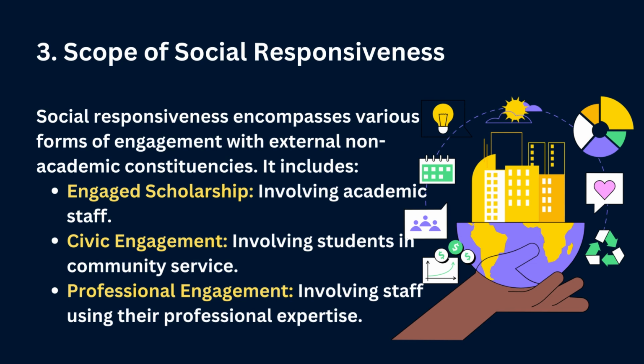Social responsiveness encompasses a range of ways in which schools engage with external groups or communities outside the traditional academic sphere. These forms of engagement include engaged scholarship, which involves the active participation of faculty members in activities that extend beyond traditional research or teaching roles. This may entail academic collaborations with external organizations, communities, or businesses to apply their expertise and research to real world